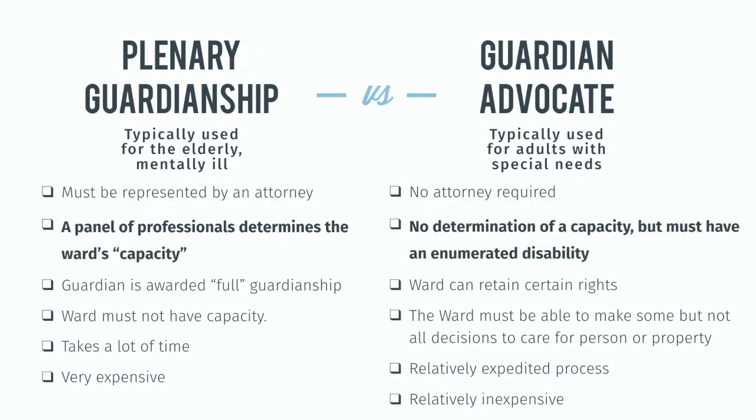With plenary guardianship, as part of the court proceeding, a panel of professionals is appointed to determine whether or not the ward has capacity, and guardianship can only be granted if the panel determines that the ward is in fact incapacitated. By contrast, through the Guardian Advocate process, no determination of capacity is made, but instead, the ward must have an enumerated or other developmental or intellectual disability, and the judge relies on a diagnosis submitted by a physician and one other piece of official documentation, which in most cases is a copy of your child's IEP, to verify